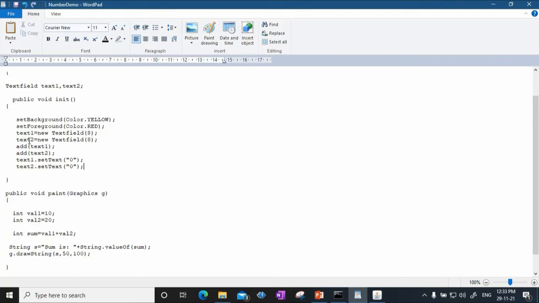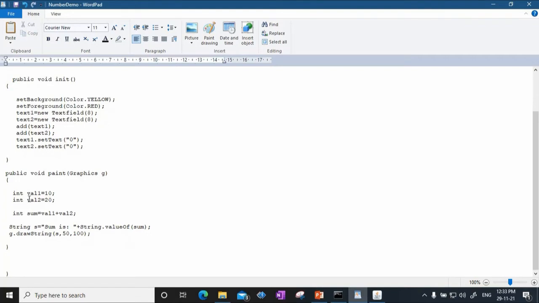Then although the objects are created, they have to be added to the applet. So there is an add method. When text1 and text2 are given as parameters to these add methods, both text boxes are added to your applet. Then set text is an inbuilt method in the text field class, basically used to set the initial value of the text box. I am setting that to 0.